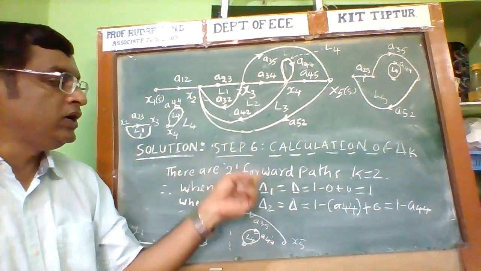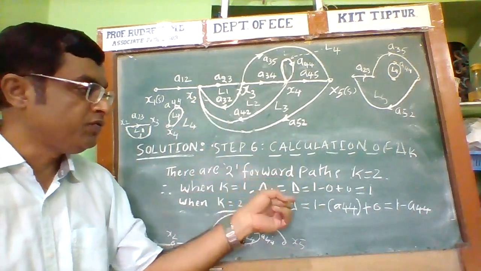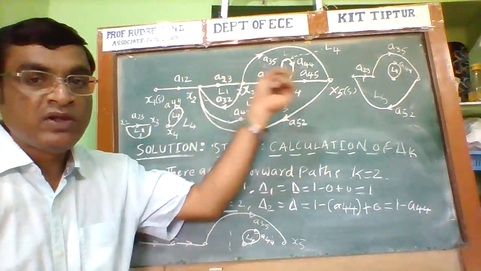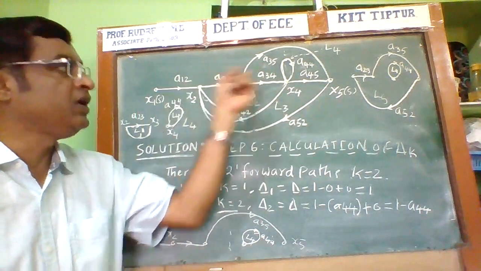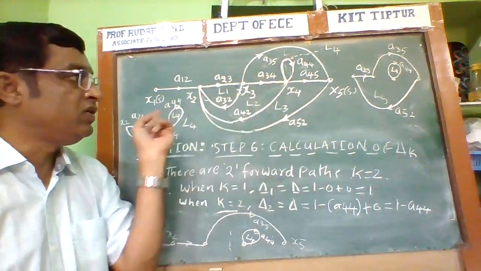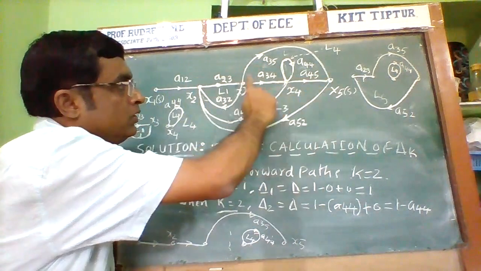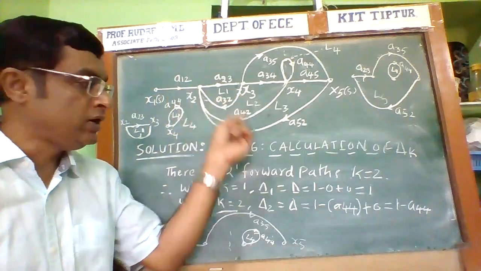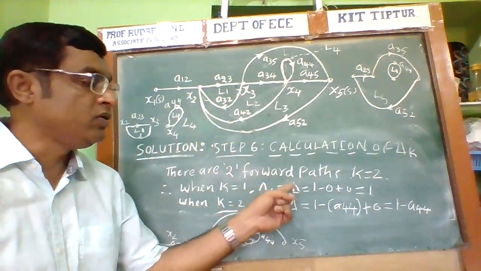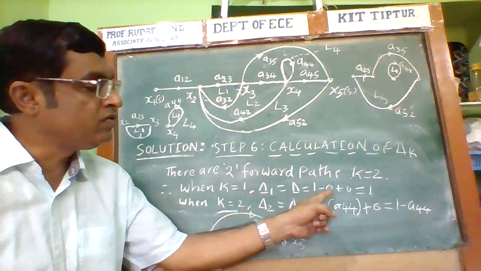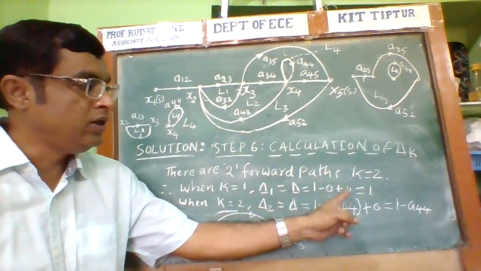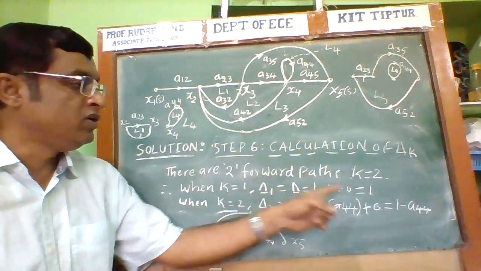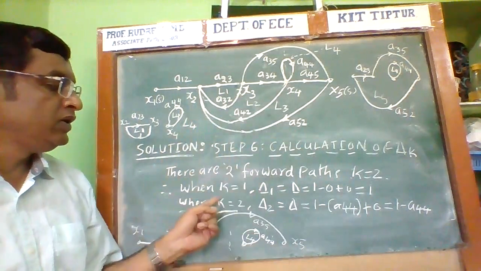When k is equal to 1, delta 1 is equal to delta. The value of delta 1 can be calculated in a similar way to calculating delta, but using the part of the graph which is not touching the first forward path. By considering the first forward path, all parts of the graph are touching it. There is no need to calculate here. Therefore, delta 1 is equal to delta. What is delta? 1 minus the sum of individual loop gains is 0. Similarly, the sum of gain products of two non-touching loops is also 0. Therefore, 1 is the value. Similarly, when k is equal to 2,